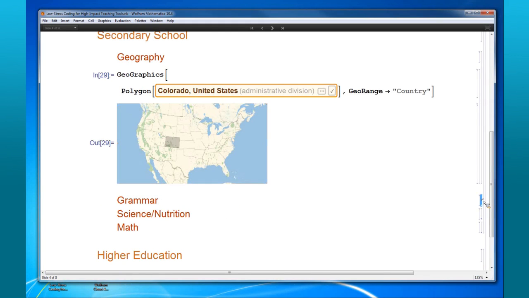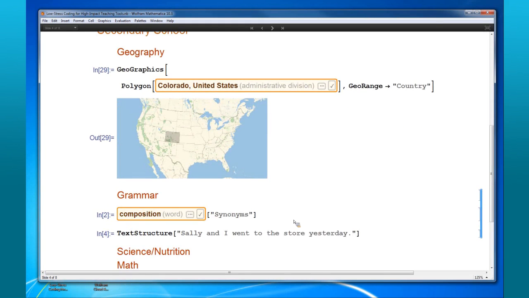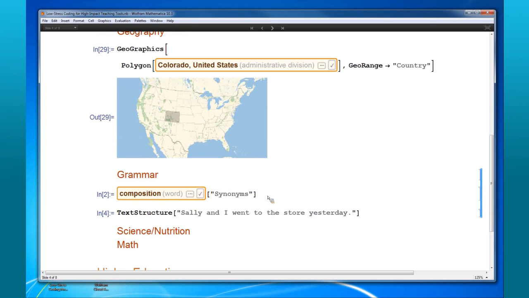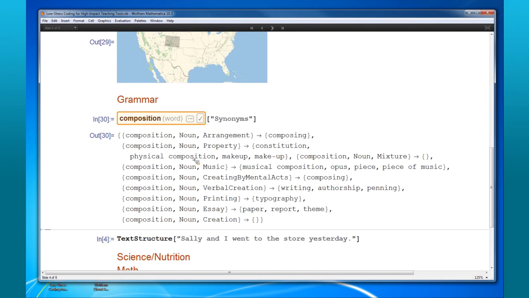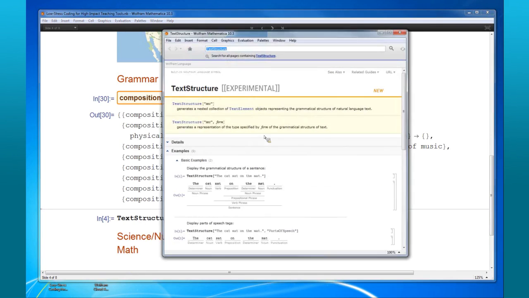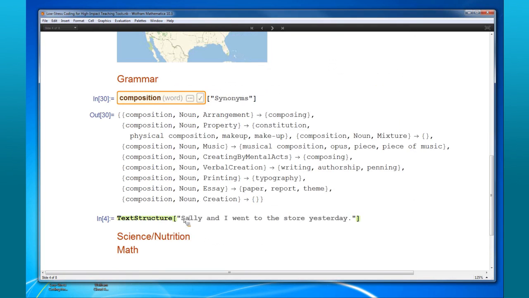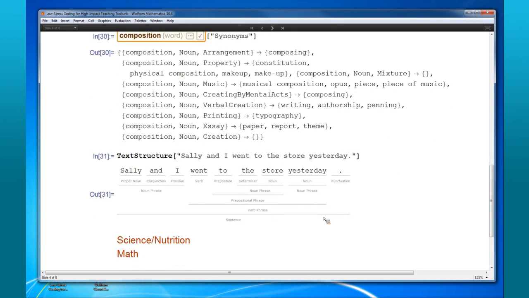Grammar, this is something that we just saw at the technology conference with the text structure. So we have some word data here, so I can create synonyms for the word composition. All of that information, all of that data is built into the language itself. But then, if I take a look at the sentence, Sally and I went to the store yesterday, and I wrap it around in this function called text structure,